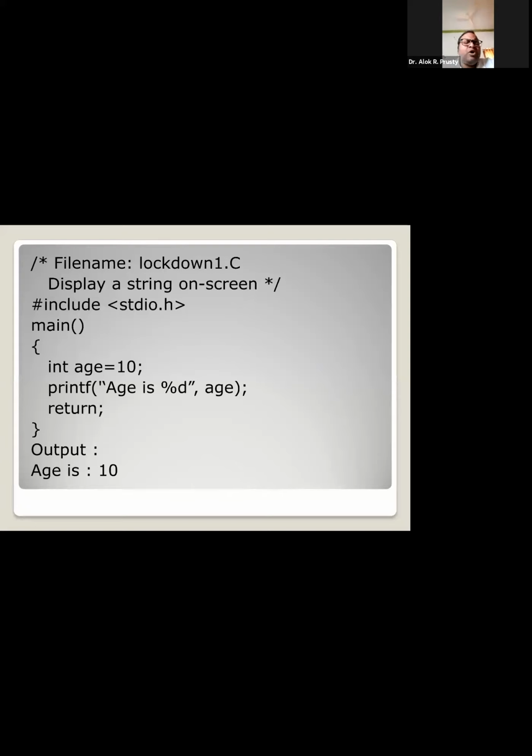Then I am writing a return statement. Again, printf is also called a statement because printf is executing to make something happen, or to make something come in your display monitor. As it is a function performing certain work, you have to end it with a semicolon. But in some other languages you can have no semicolon at the end of a statement and it is still executed, so there is absolutely no problem. Okay, now this is a small program.